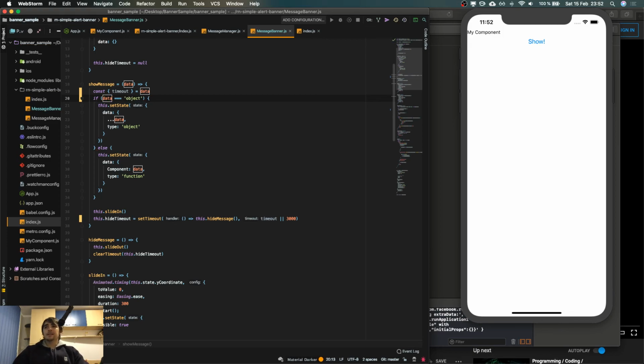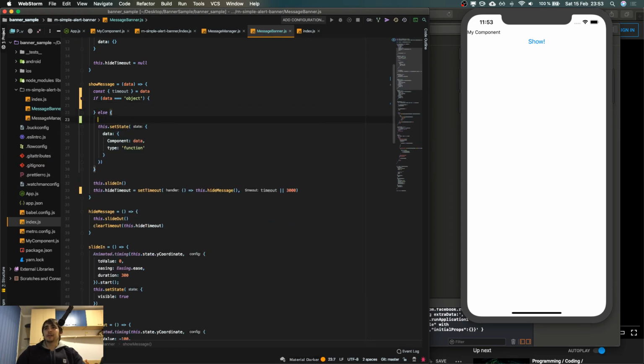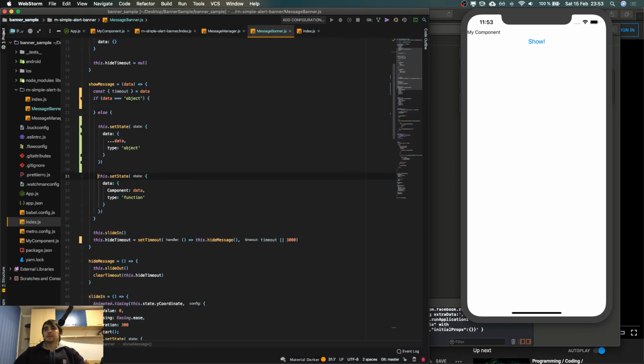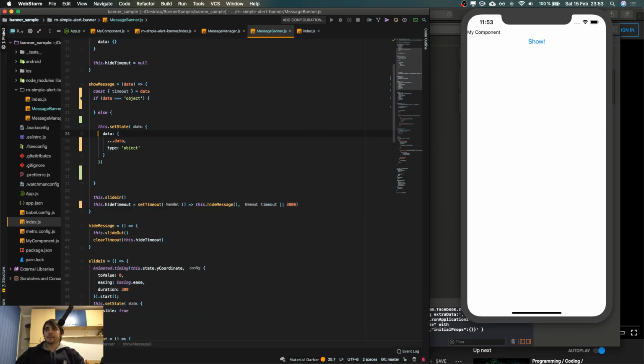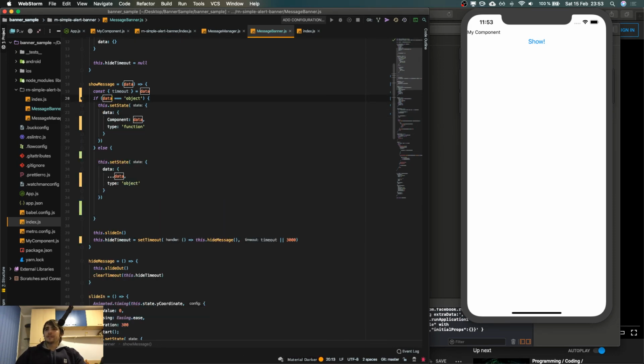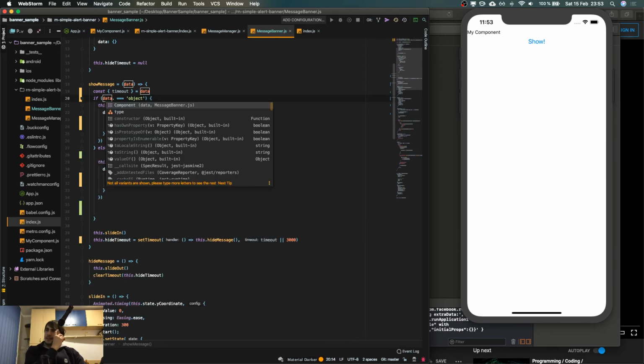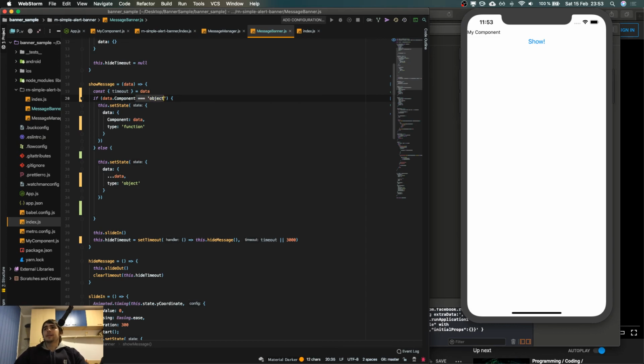If data, I would need to reverse these two things. So this will be the else, and then this will be the if. And then if I'm not gonna do it like that, but if data that component, yep, that's